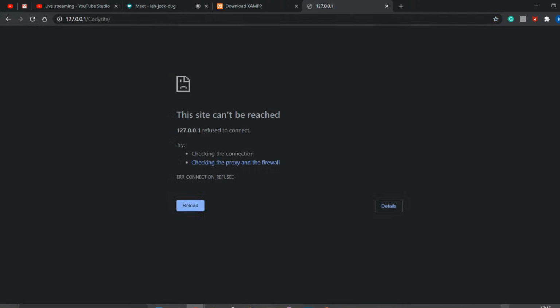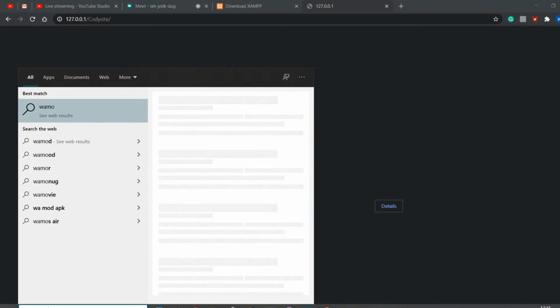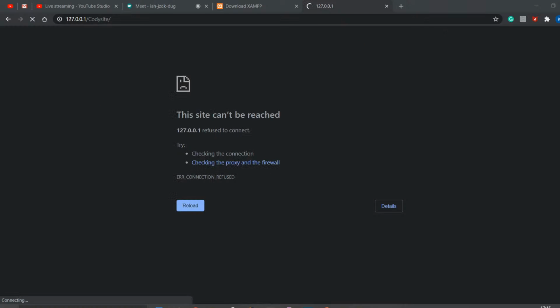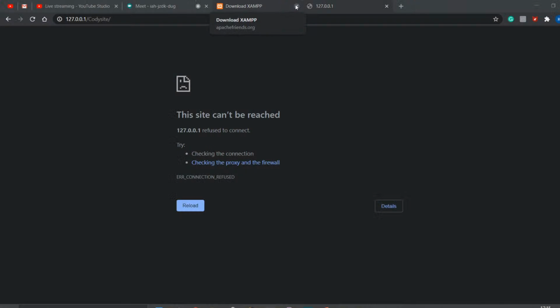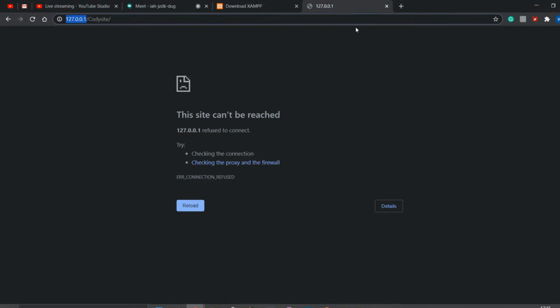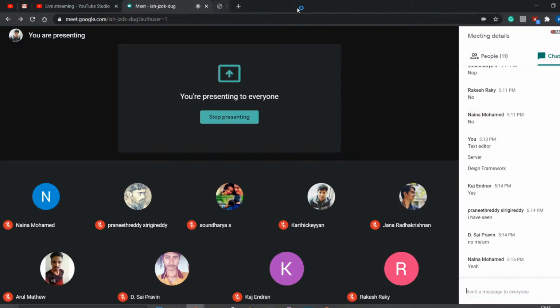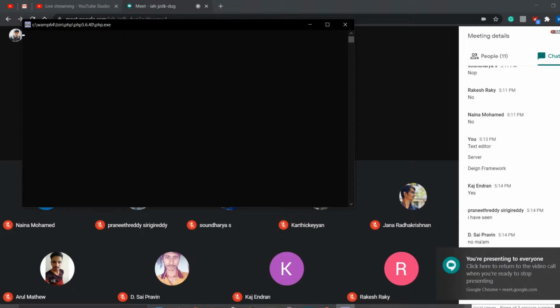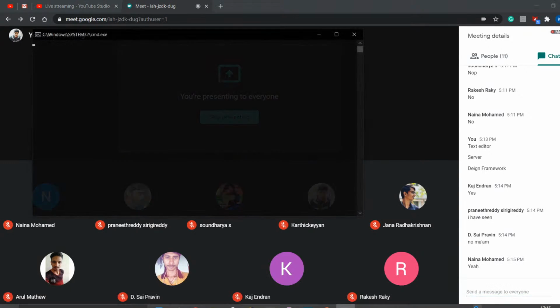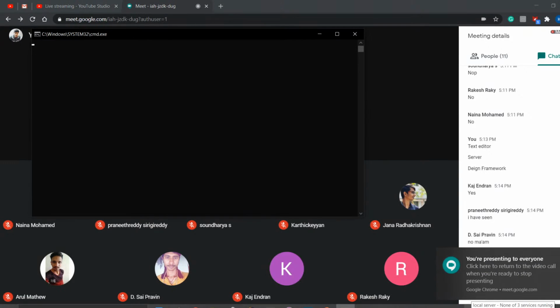Okay, I have to start my server again. I have just shut it down. So I'll go with WAMP here. I have to switch it on first. Without going to a server, you can't just link it. This is actually the port number and where you will be getting it. I got it here. Actually, it is loading here. Make sure it turns green here.